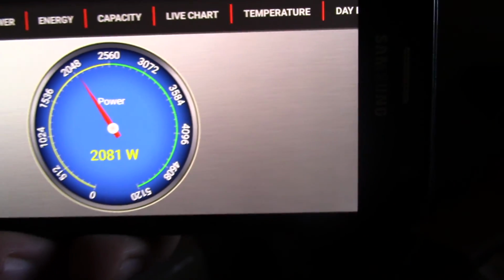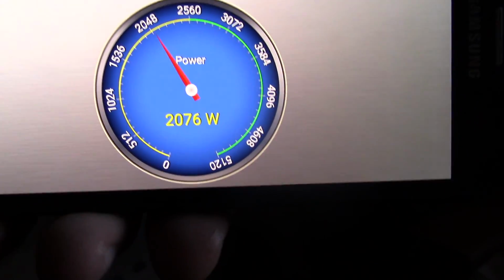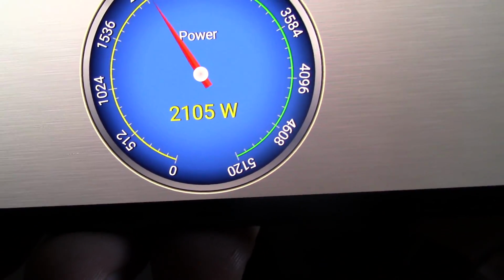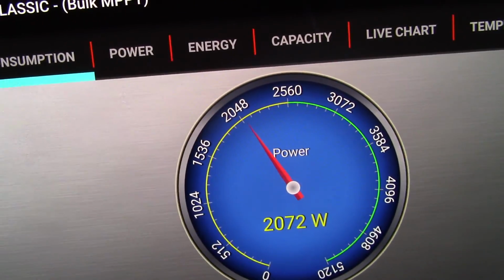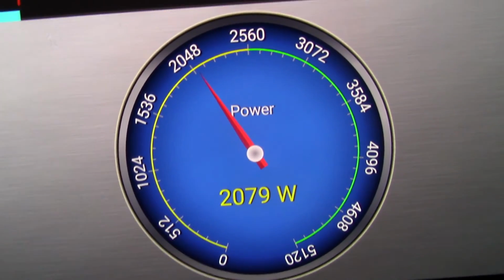So apparently a refrigerator or something else turned off. I'm not exactly sure what it was, but it turned off. So, you know, we're pulling 2,000 watts straight out of the wall, and we're trying to heat the house a little bit with it. I mean, it don't hurt to have a little bit of heat. Whenever the fan turns on in the unit right there, with the heat pump, that's going to help heat some during the day. But